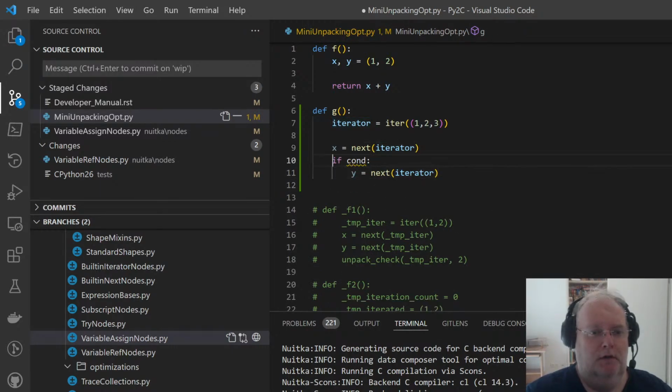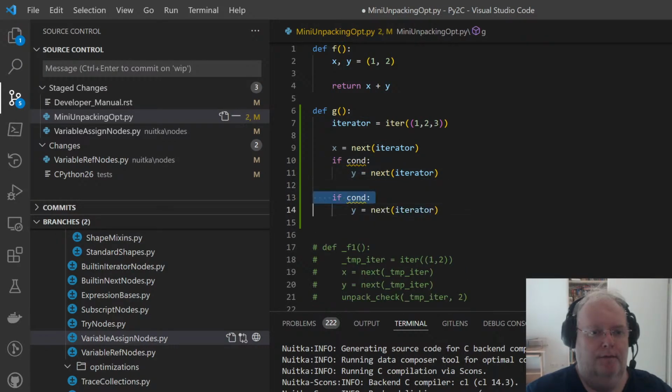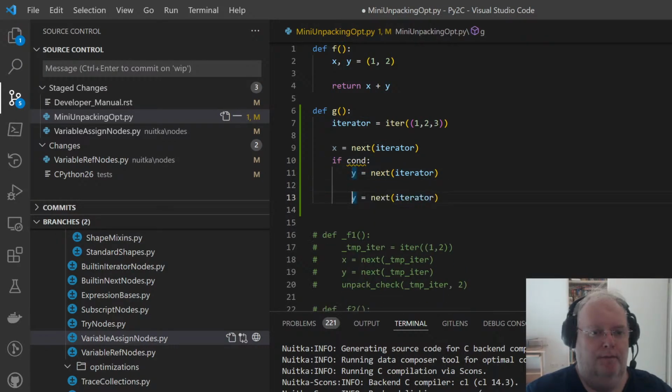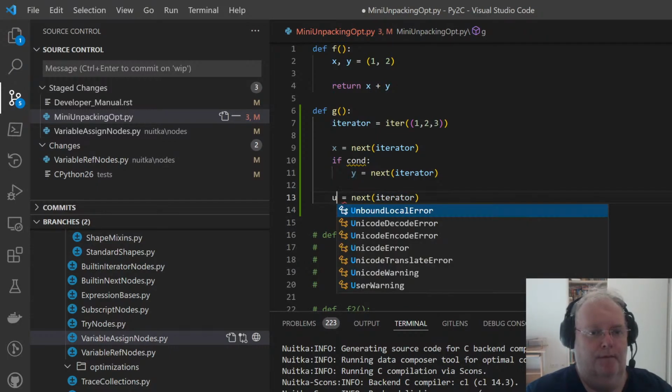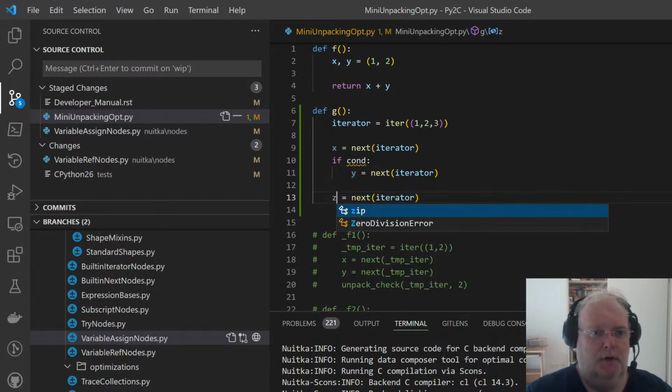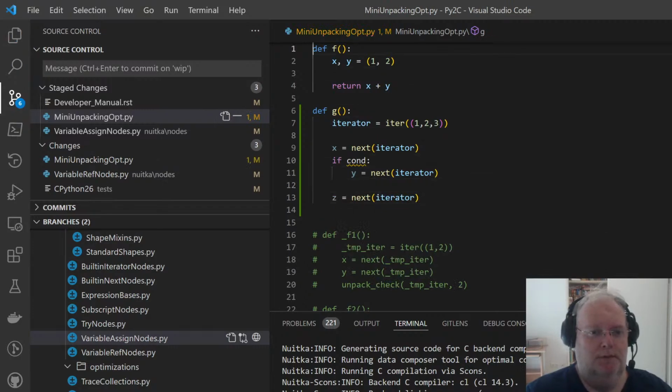And then, so right now, because I'm checking for the unpacking iterator, that's not being dealt with. But if a condition occurs,